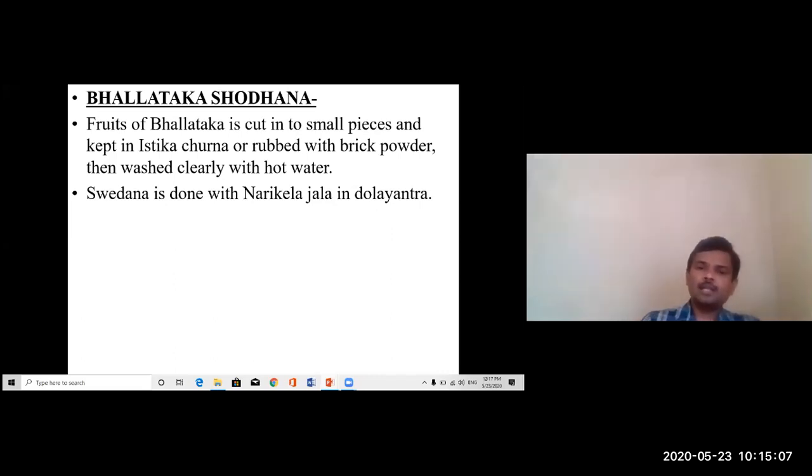There is Bhallataka Shodhana. The fruits of Bhallataka are cut into small pieces, kept in Ishtika churna and rubbed with the brick powder. This is the common method. You can collect the completely ripened fruits, which used to fall by themselves, fallen due to wind.